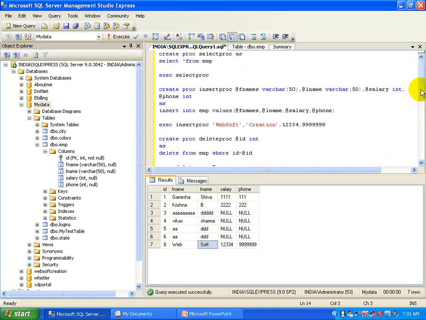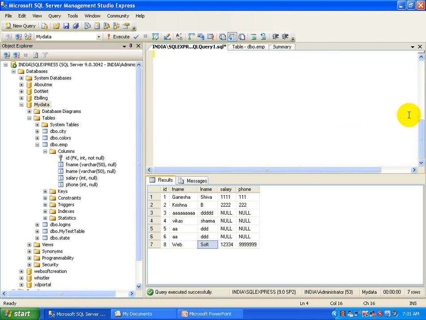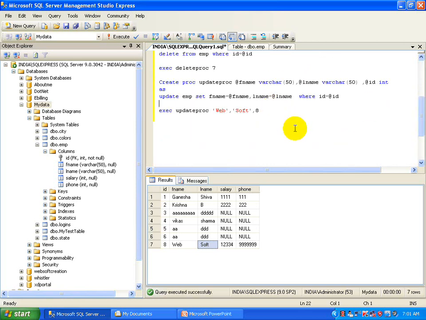Now I'm going to tell you how we can execute multiple commands in a single stored procedure. Create proc web proc as select count asterisk as total rows from emp.